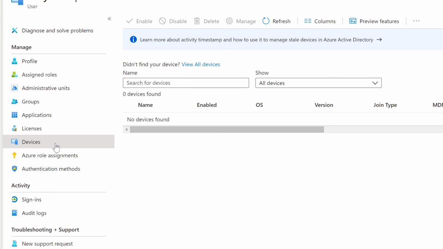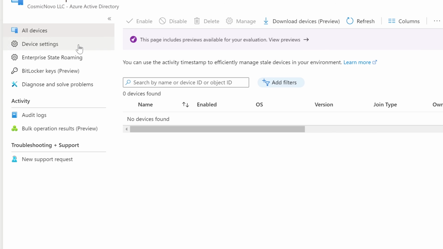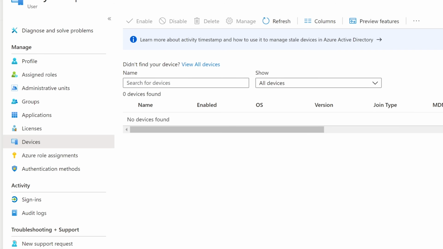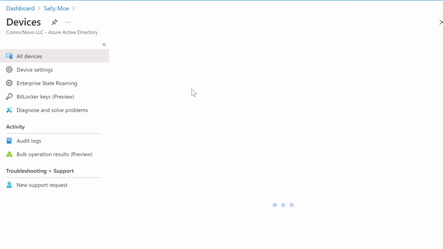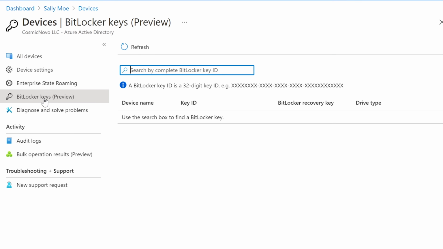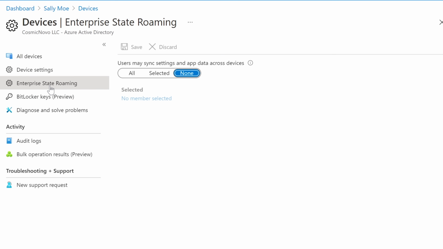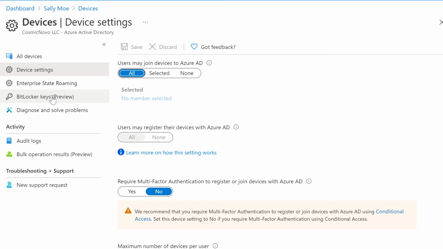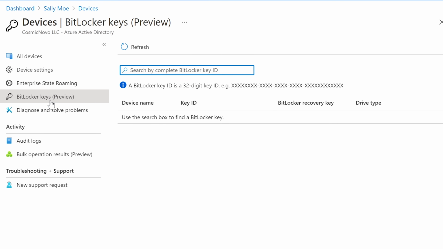Devices are added in here. One great feature about this is that you can manage BitLocker keys. So if it's a Windows operating system, you can access their BitLocker keys and stuff like that. Okay, let me just show you what I did here. So we're under devices, and then all I did was click on view all devices, and then from here you can access their BitLocker keys. And this is in a preview state here. So this is something new, I suspect,